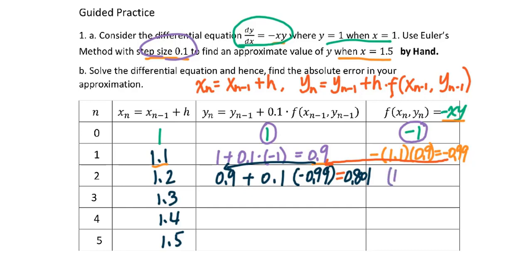Then you have negative 1.2 times 0.801. You will get negative 0.961. Keep going, you will get 0.801, that's from here, then plus 0.1 times negative 0.961 equals, this is from here,